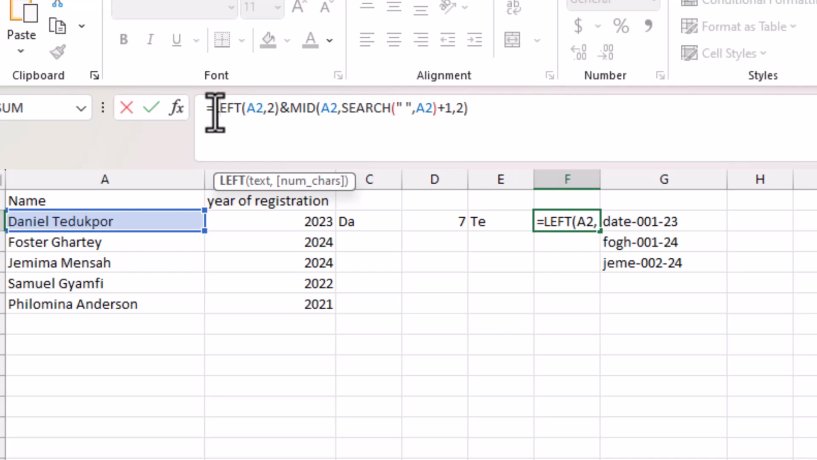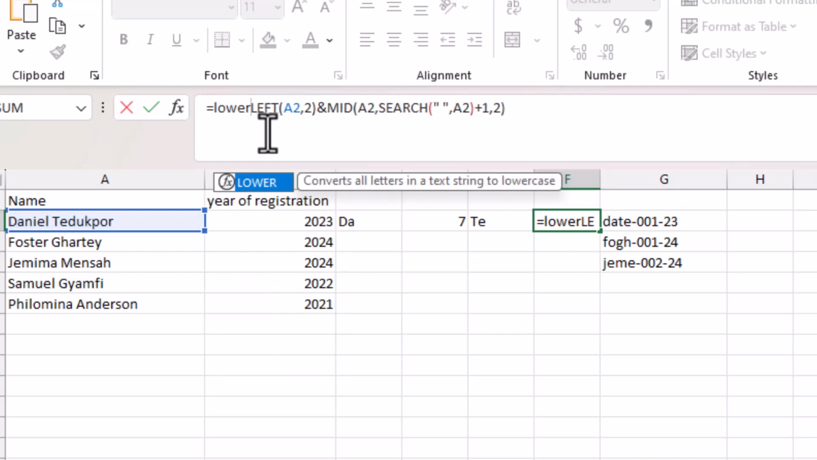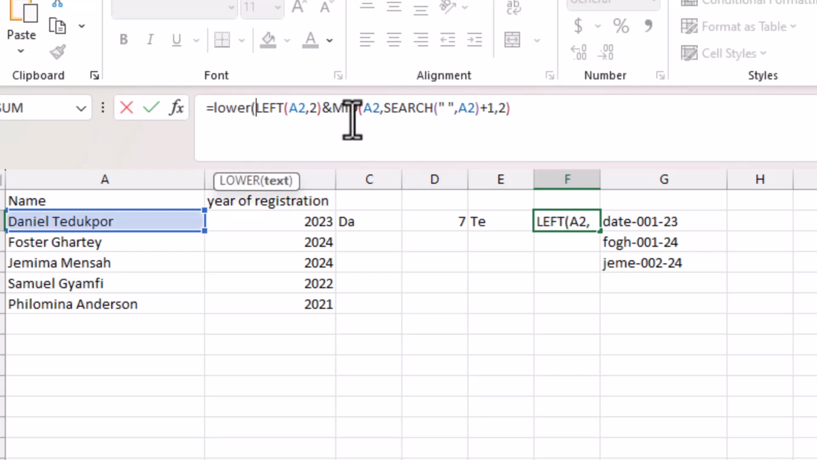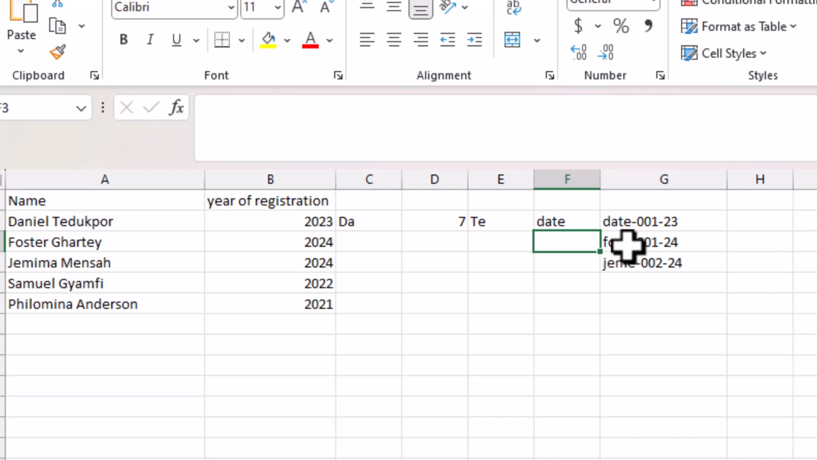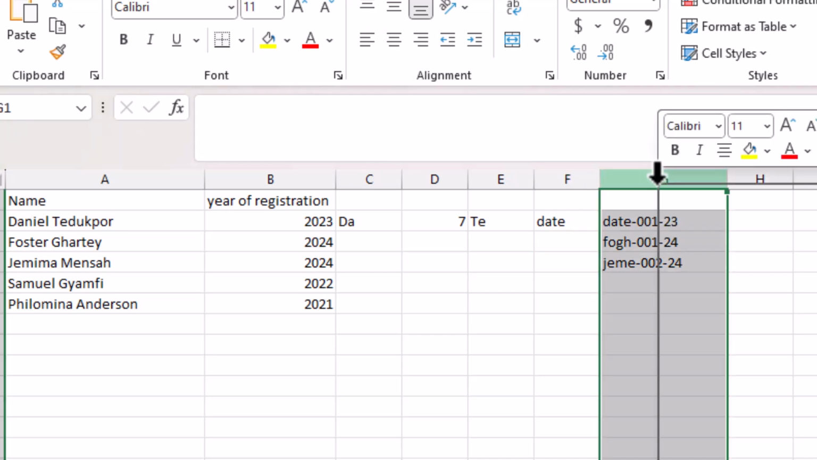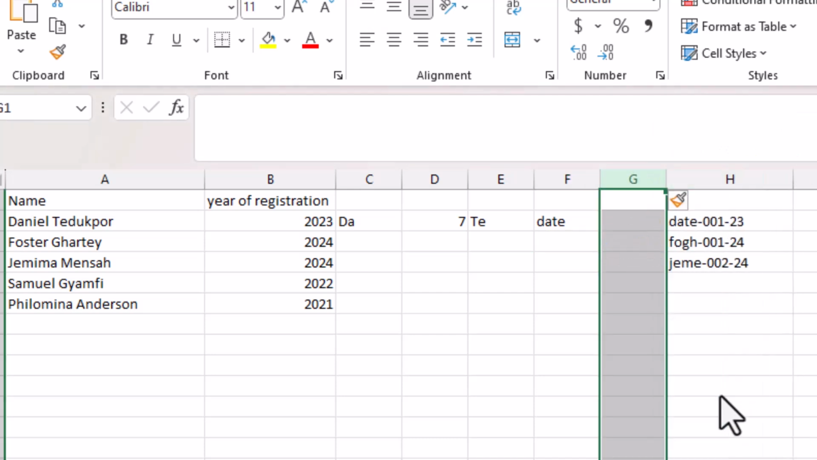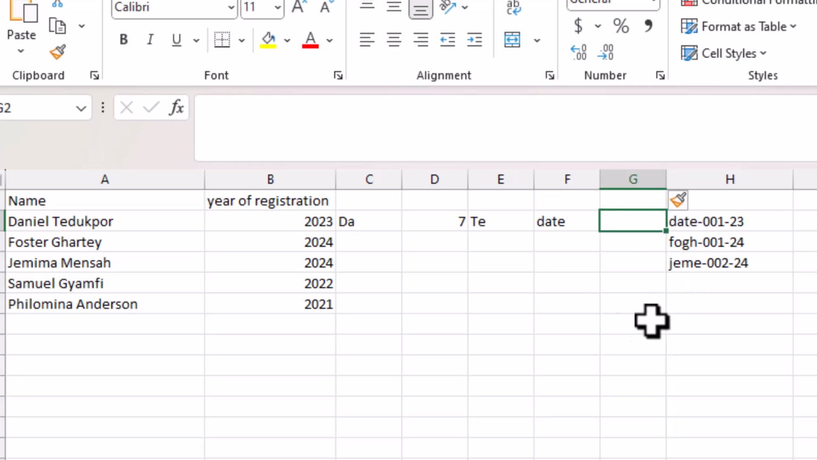So we go lower, and we close it. So we have succeeded in getting the first part. All right, so that is it. We want to now get the second part. So the second part is